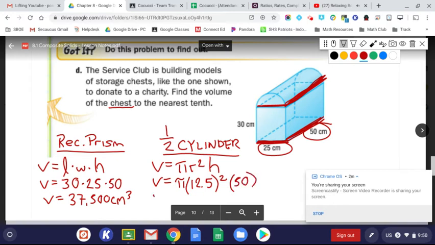Now we're going to multiply this all out. Okay, pi times 12.5 squared times 50, and we're going to get a grand total of 24,553.6. And again, that's a rough estimate using either the pi key or 22 over 7 as the ratio. And again, this is centimeters cubed,